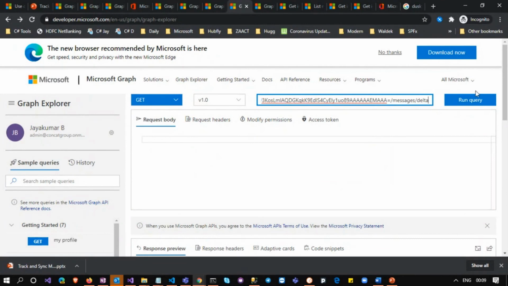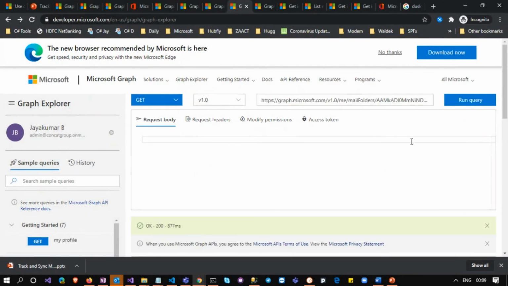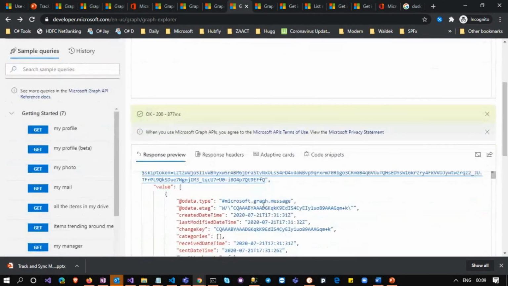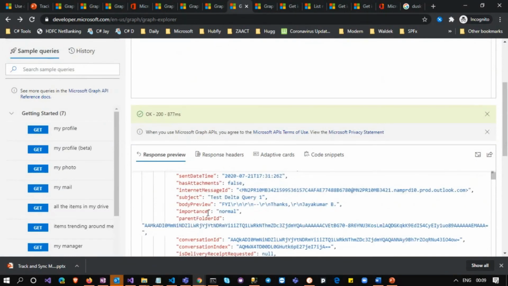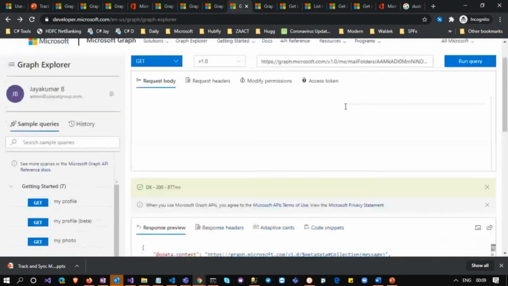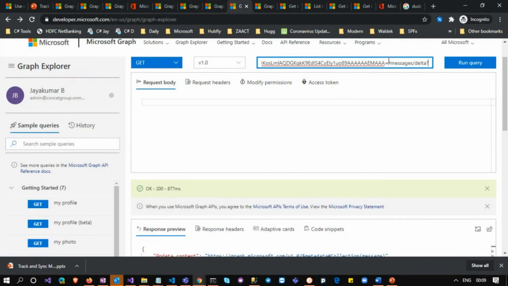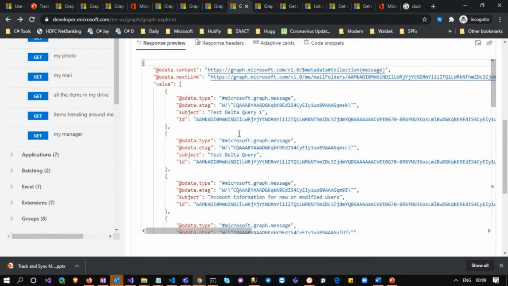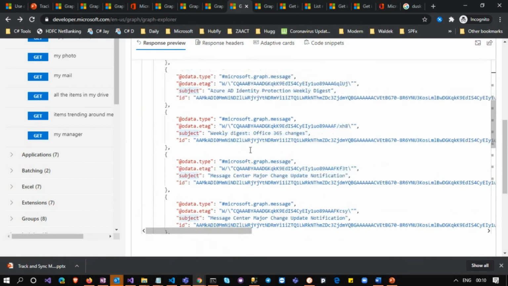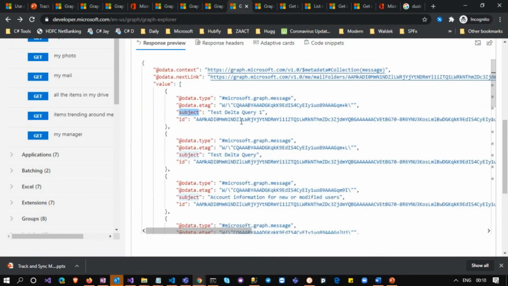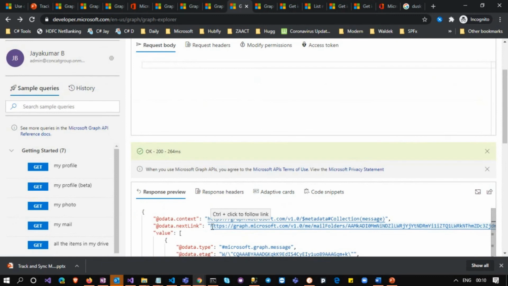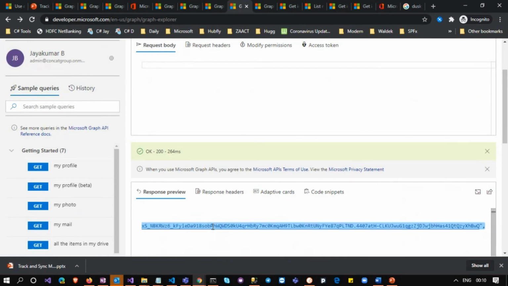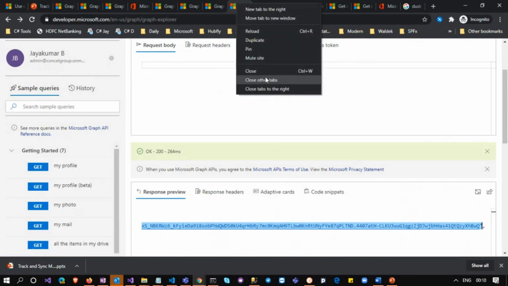Now I'm going to access the emails in my inbox. Suppose you are building any system and you keep tracking your email, there is a lot of data. So let me filter it. Yeah. Now I have returned all my emails. I have selected only the subject to make the demo easy. So now I have got this next link again. Let me close other links.